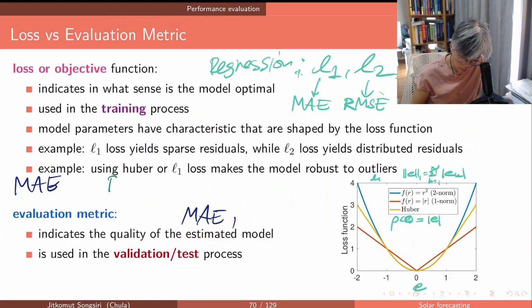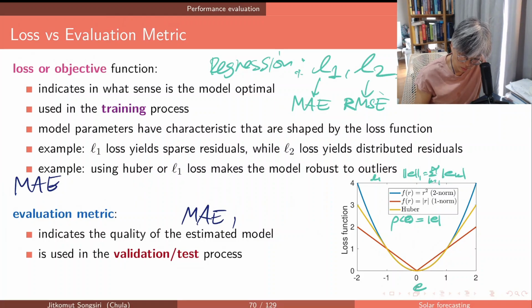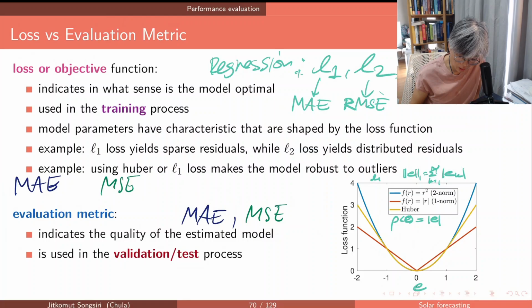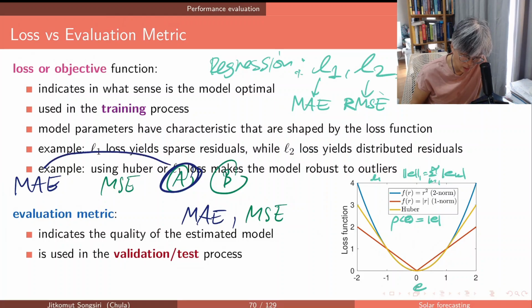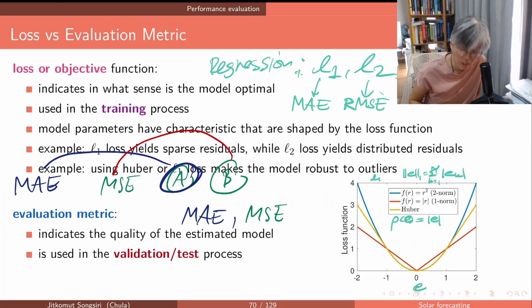Suppose I have RMSE, I have MSE. I have model A and model B. If you control the model architecture, model A is trained with MAE and model B is trained with MSE. When you evaluate the two models,